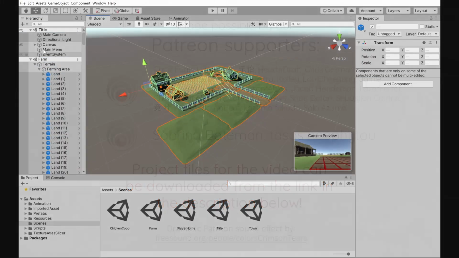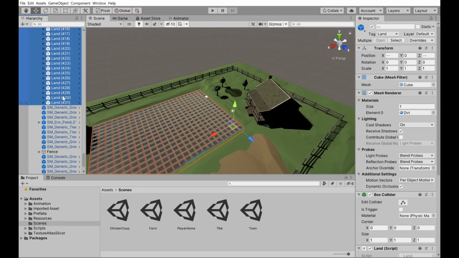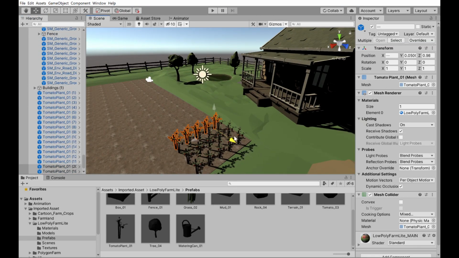While we were gone, we touched up a little bit on the title screen, made it look a lot better.